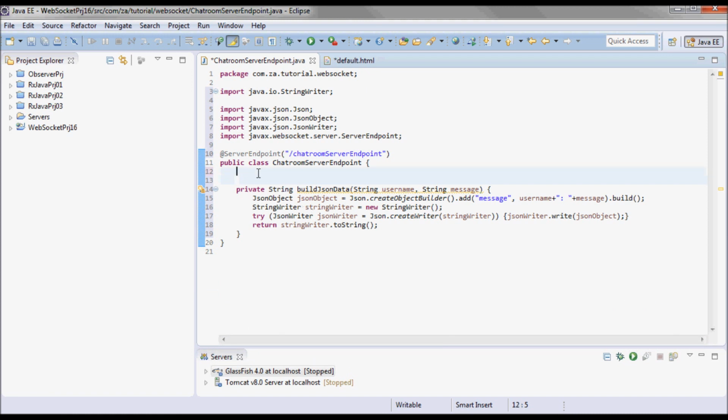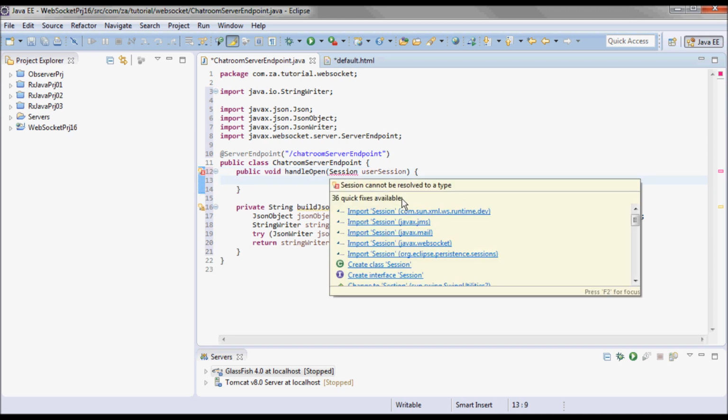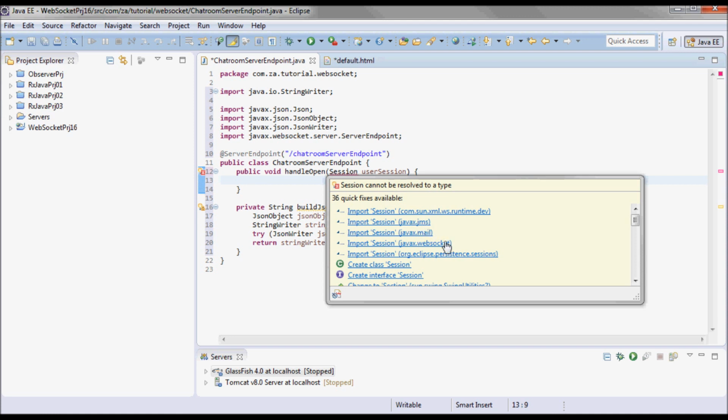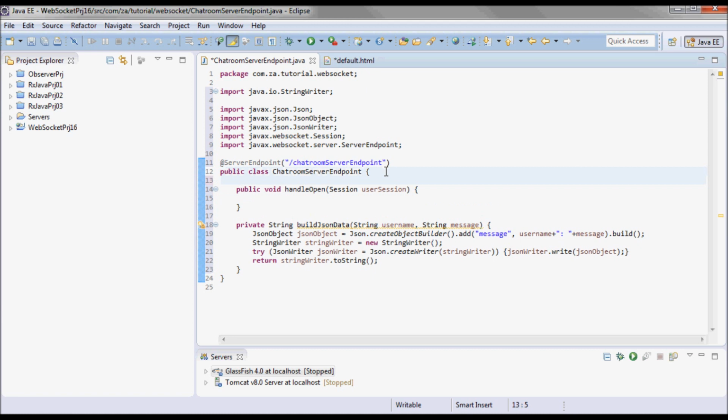And here I will have a handle open method that is annotated with the onOpen.